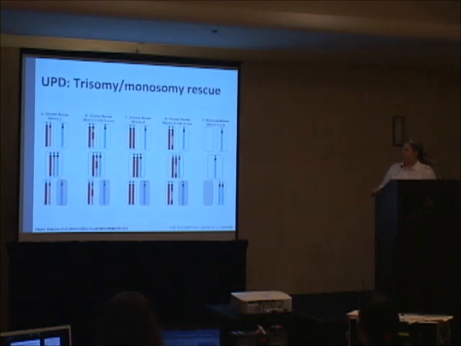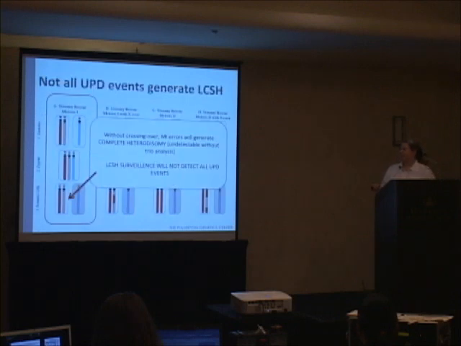Not going to show you this chart, but just to show you there are lots of different ways you can generate UPD and lots of different expectations for the recombination patterns and the position of homozygosity. And if you're a lab interpreting these arrays, I would recommend that you review it, just to be aware in general of where you would expect the homozygosity to be.